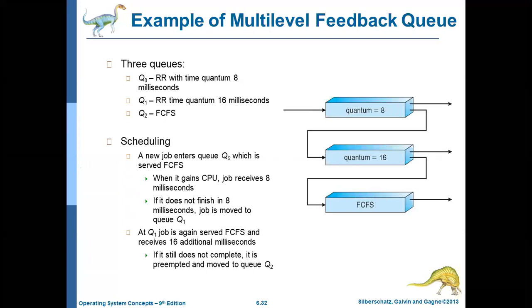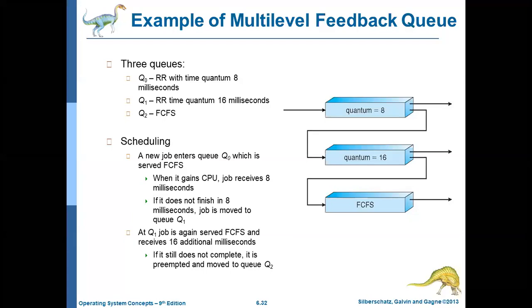FCFS, execution completed, simply removed from the queue. If it is not completed, it may be moved to quantum equal to 16, the time quantum or time slice. Otherwise, if the quantum value is between 1 and 8, it is again fed back to the quantum equal to 8 milliseconds. Means processes in the quantum range 1 to 8 will be executed in the quantum 8 queue.